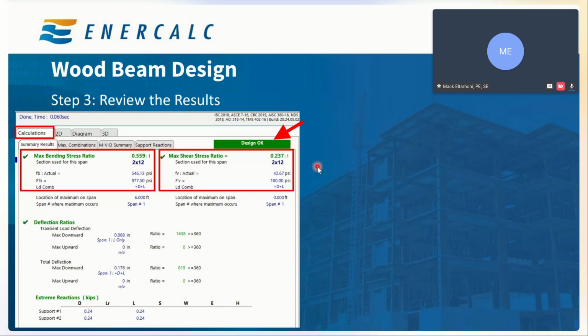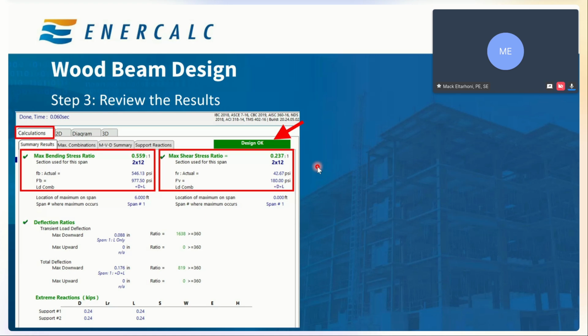That means that your maximum bending ratio could occur at a place where it's not the maximum moment. It might be the maximum moment or it might not. So for example, in case of a simply supported beam, yeah, the maximum moment will produce the maximum bending ratio. However, if you have a multi-span beam with multi-sections, so maybe different size beams, then maybe the smaller moment with the smaller section might produce a higher ratio than the higher moment with the higher section. So what's happening here, we're not reporting the stress ratio at the maximum moment or the maximum shear.